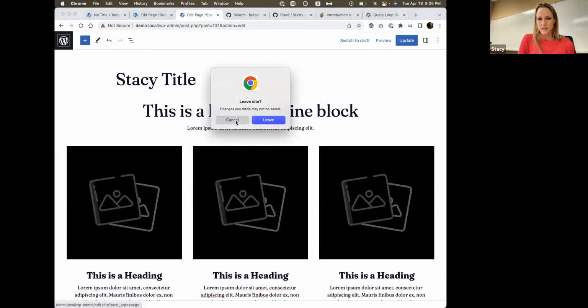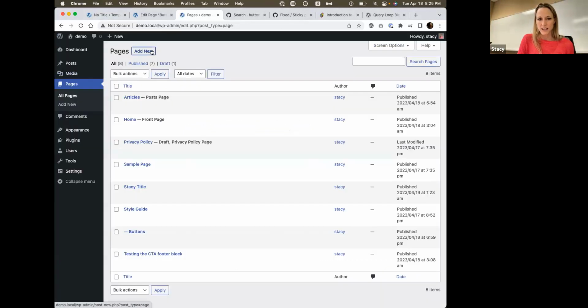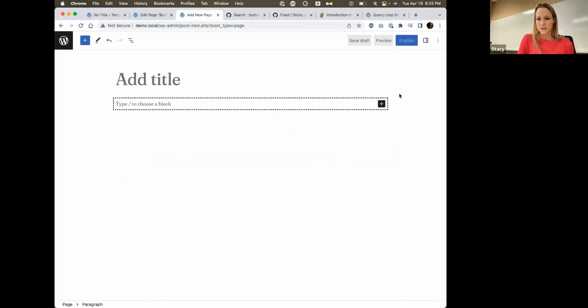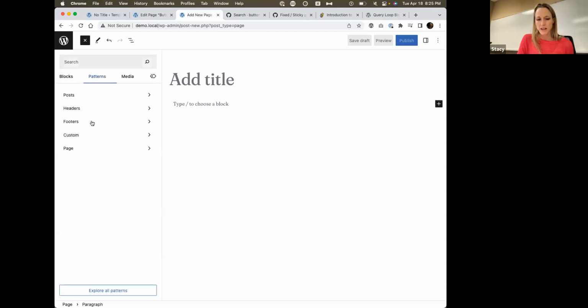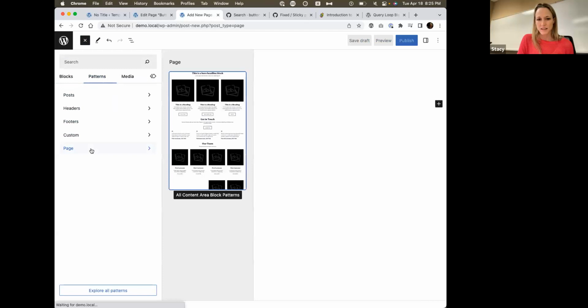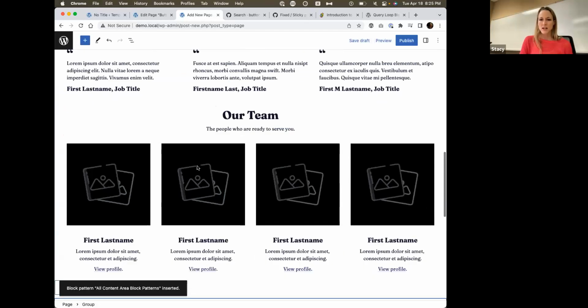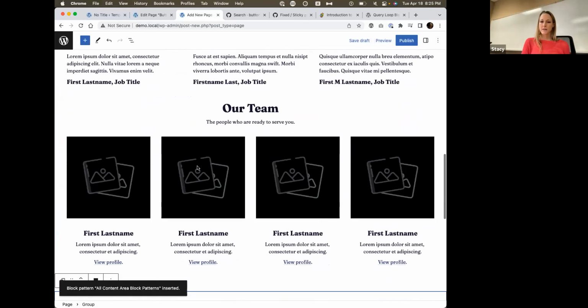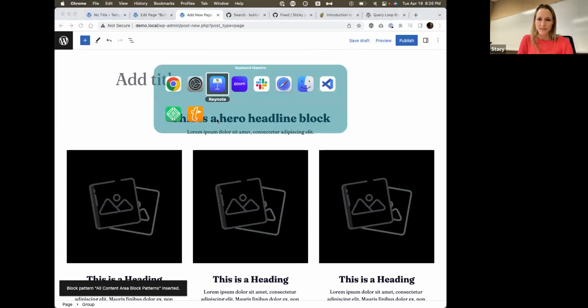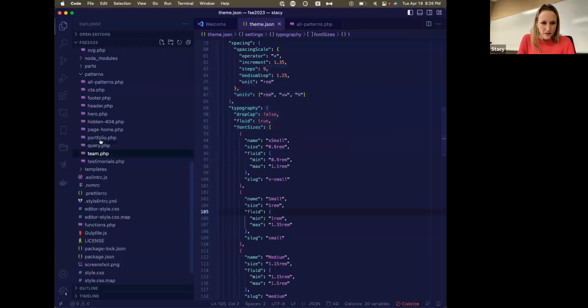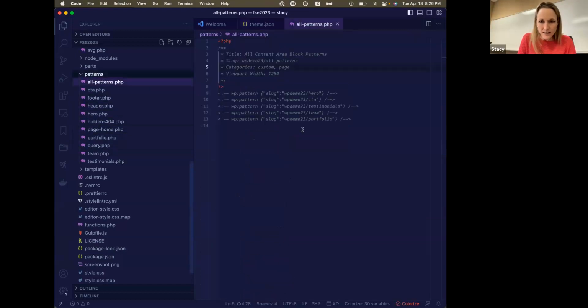We also said I wanted to show that cool block pattern real quick. Add new. Another fun, quick way to preview all of your patterns in one place is to grab that block pattern with all of them in there. So cool. And it's like 4 lines of code. If I show you all patterns,